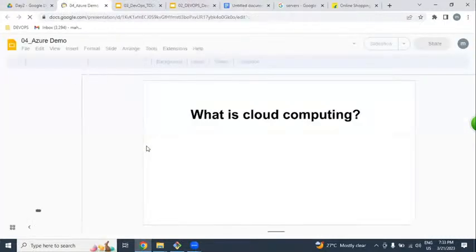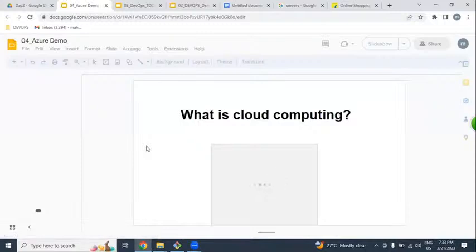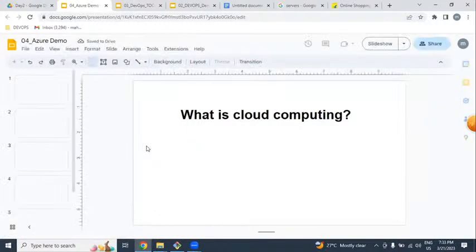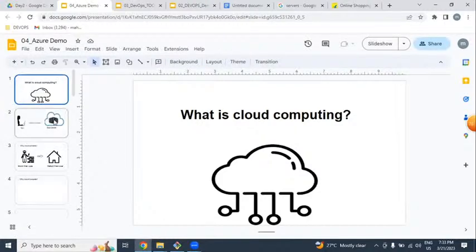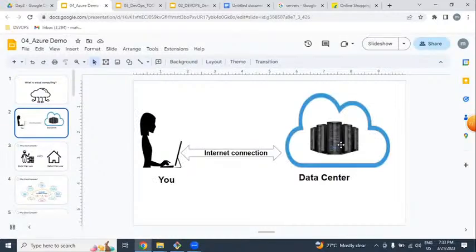What is cloud computing, please? If you can access or control remote placed resources over the internet from a laptop, that is nothing but cloud computing.